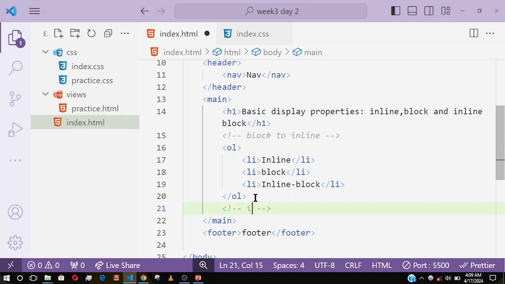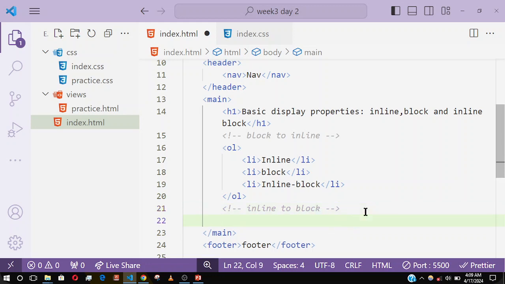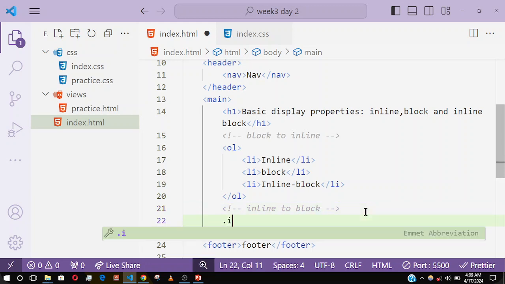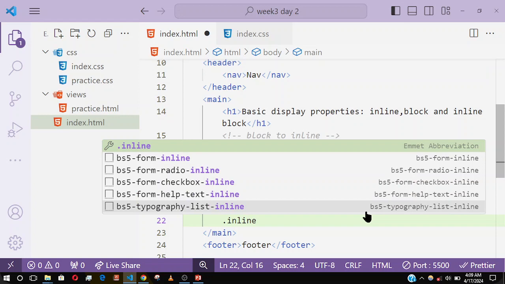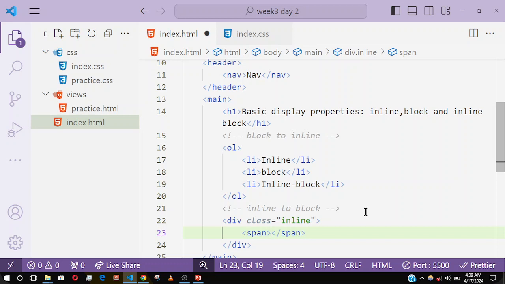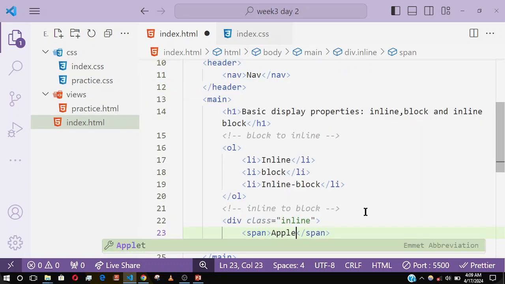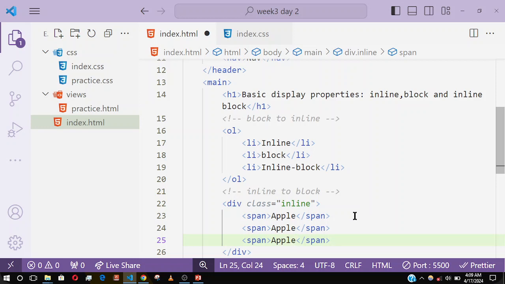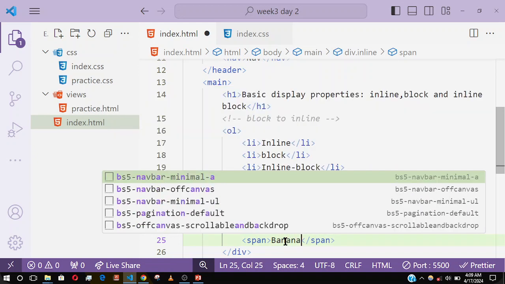So this one is going to be for inline. So I'll give this a div of class inline. Inside it I have some span tags. So I'll put them, let me say apple, orange, and banana. So if I save this and preview,